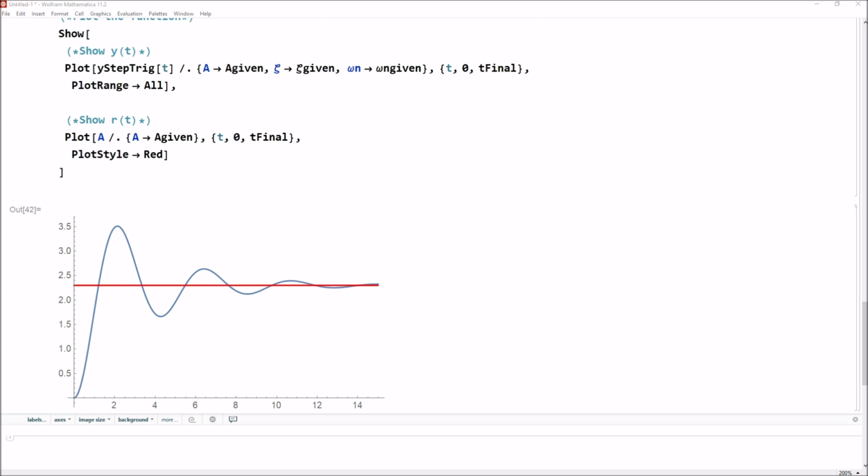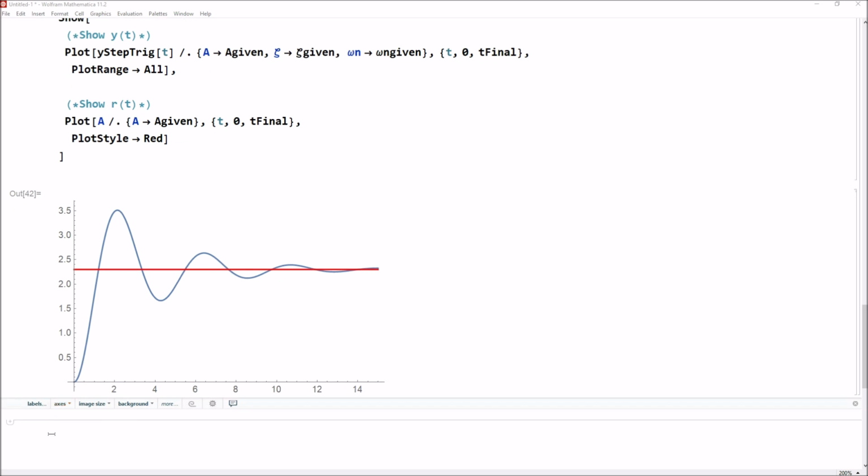next portion of our talk, which is: what if we want to be able to quantify or measure how far did it overshoot? How high is it? How long did it take to get to this first peak? How long does it take to settle? All of these different topics. We would like to come up with some analytical expressions so we understand how the natural frequency and the damping ratio are going to affect the overshoot or the settling time, or basically how it's going to affect the response of the system. So why don't we draw this picture back up on the board and examine some critical